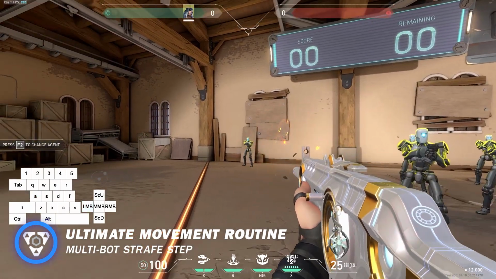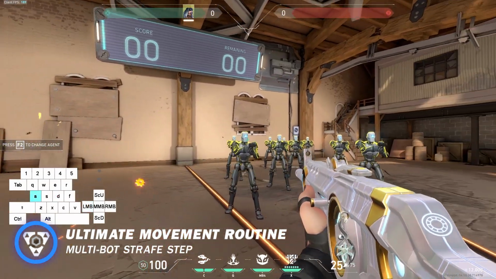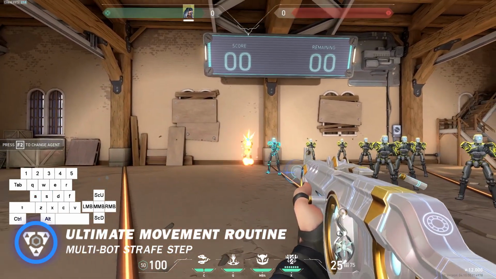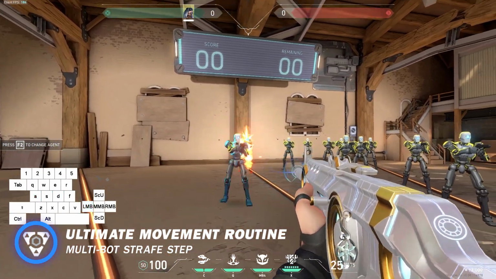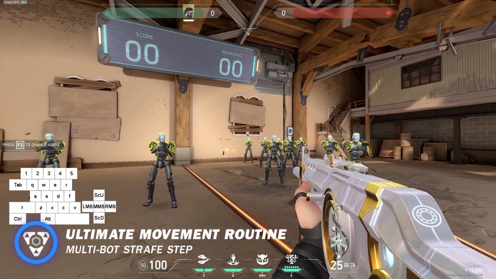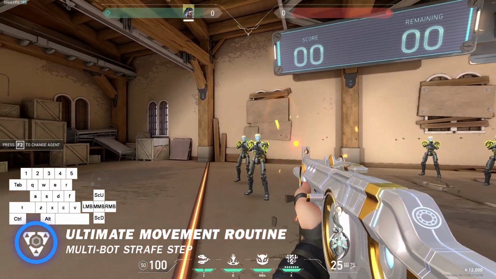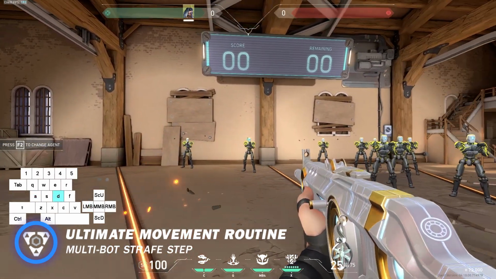In order to perform this exercise correctly, you want to spawn in all the practice spots within the range. You want to then place your crosshair on the head of a target. Then either choose to strafe to the left or right. In this example, we'll be pressing and holding the D key to move to the right. As we take that 1 step to the right, we must make sure that our crosshair never leaves the head